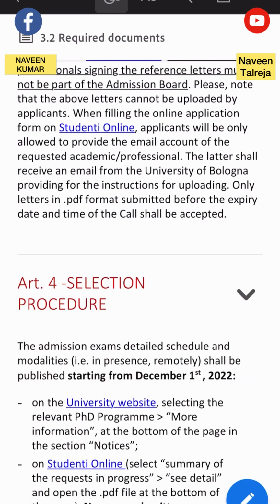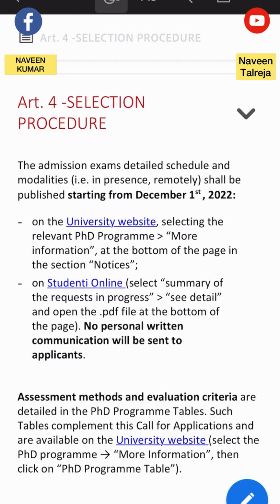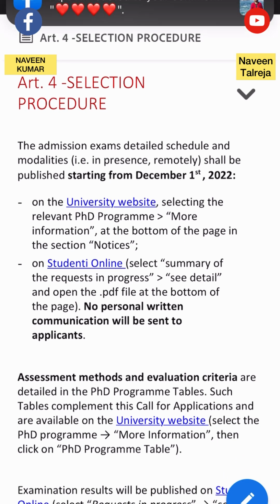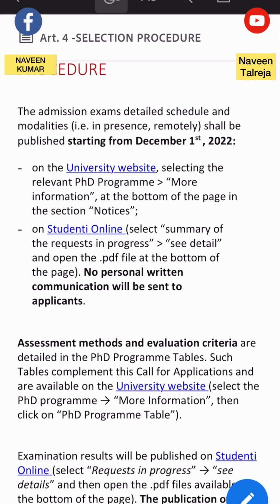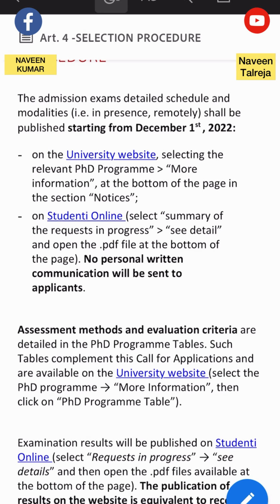So in this call you can read everything. Also, the selection procedure is given. It's really transparent how you will be assessed, or how many marks you will get in each category. For example, your CV will receive marks, and no personal or written communication will be sent to applicants.